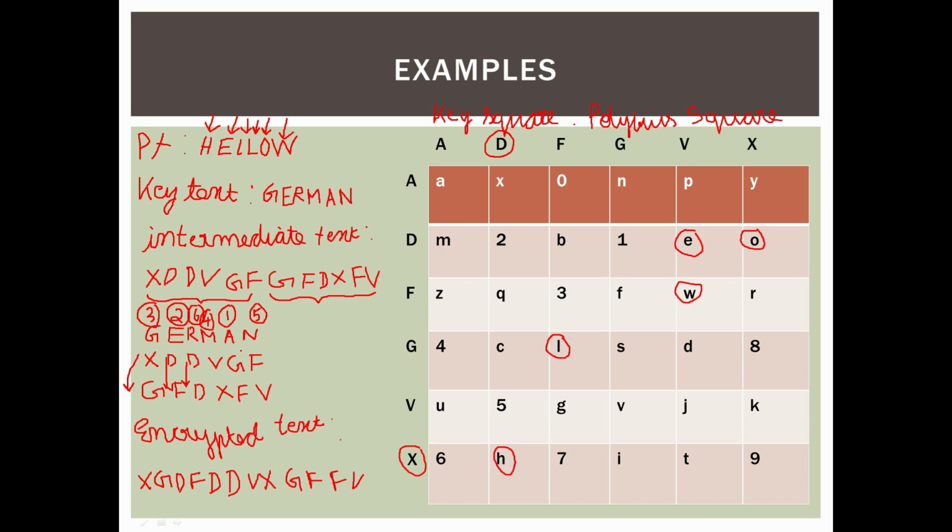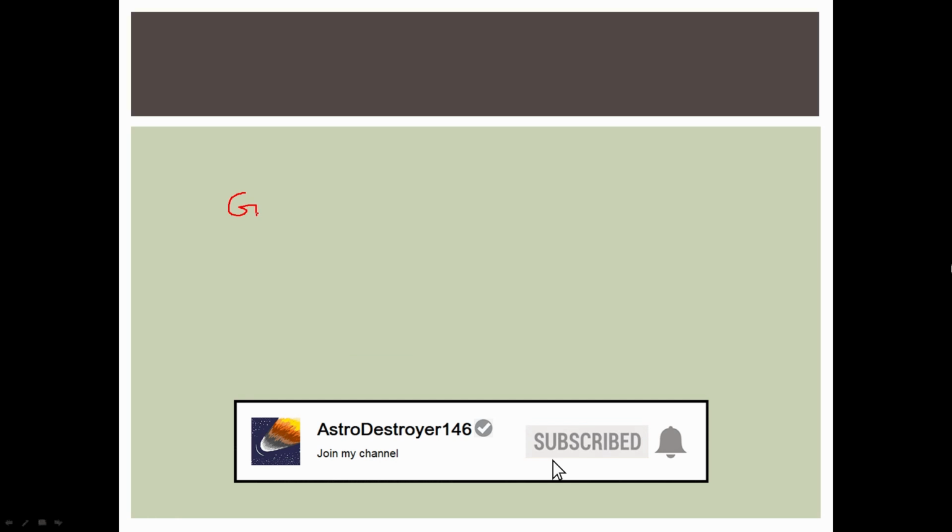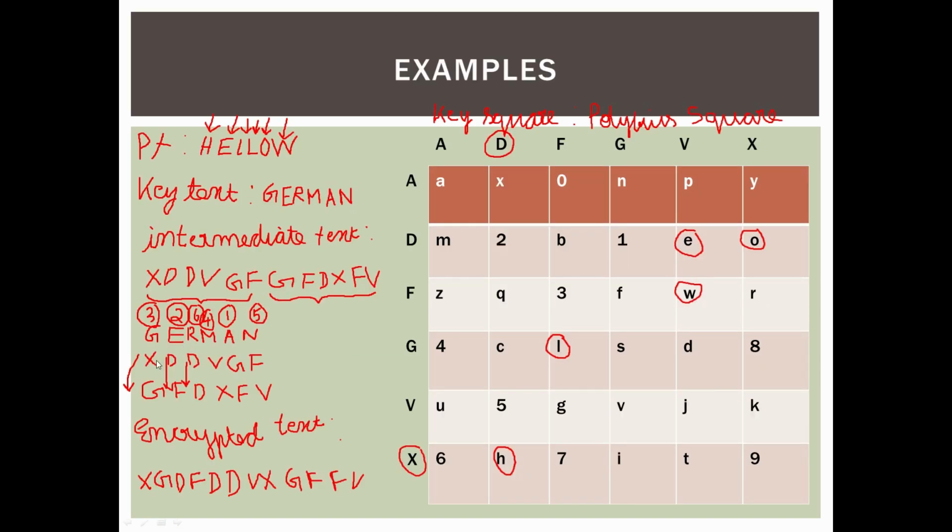Under A we have G and F, GF, and under E we have DF, and under G you have XG. So write XG,